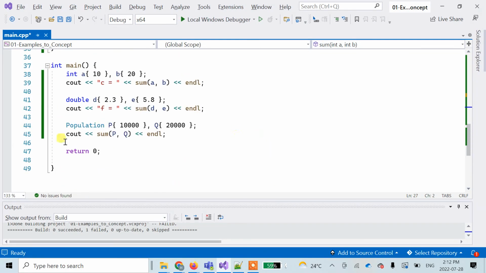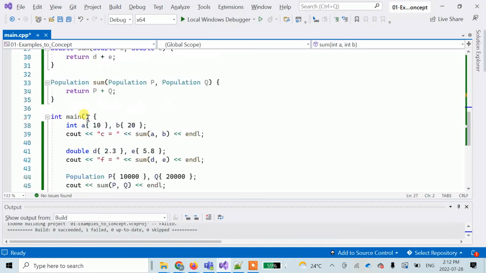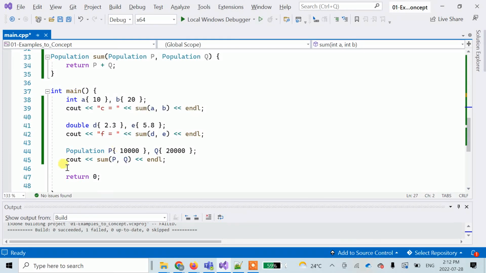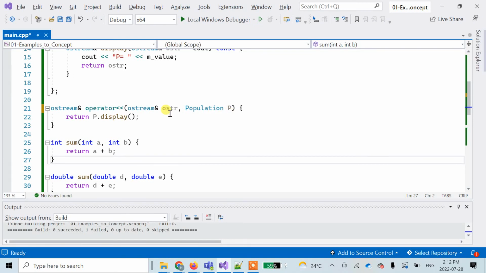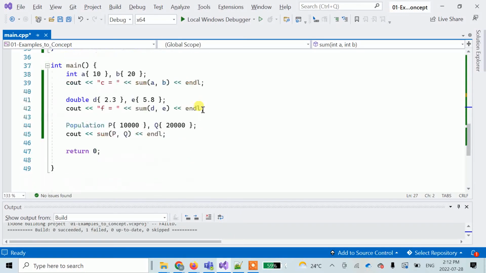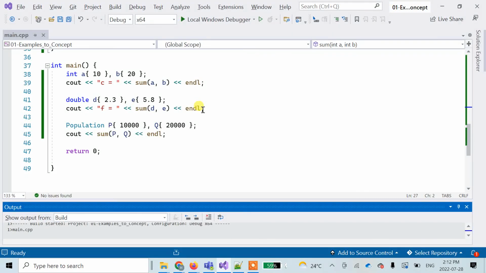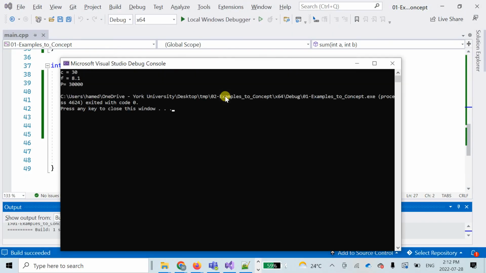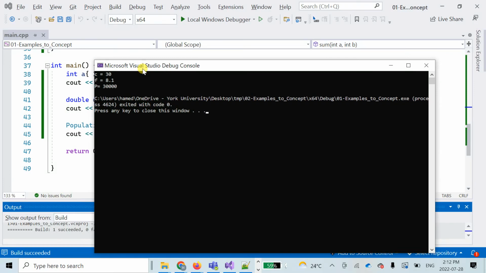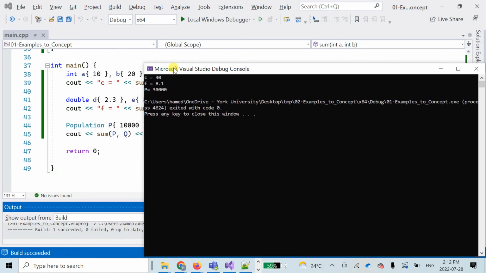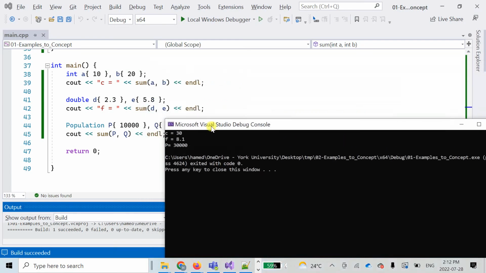Is that right? Yes. So the problem was actually, it was good to notice. The problem was sum is returning population. So on the right side of this operation, this insertion operator overload is not the population reference. It's the population by value. So I have to put this population by value here in the operator. So if we run this now, there we go. Now it is the exact same thing that happened to integer, double, also happened for the population,